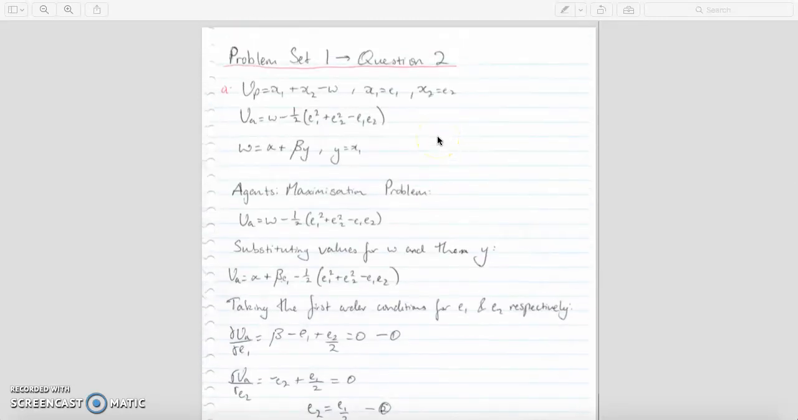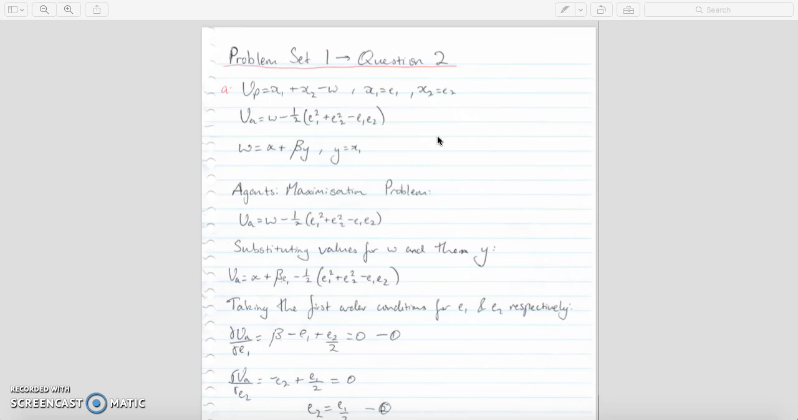So my name is Sanjeev Subragasan, and I'll be looking at problem set 1, question 2, A and B for ECON3123. So in this problem, it's a multitasking problem where the principal can only incentivize the agent on one task,